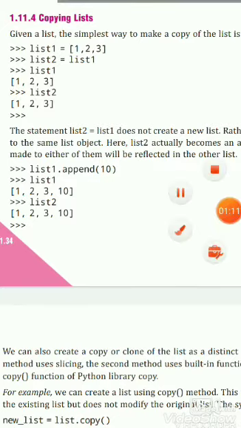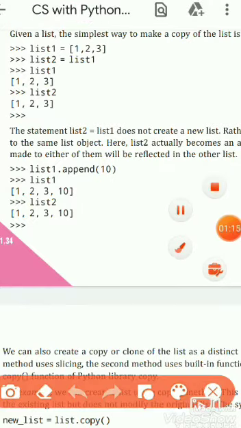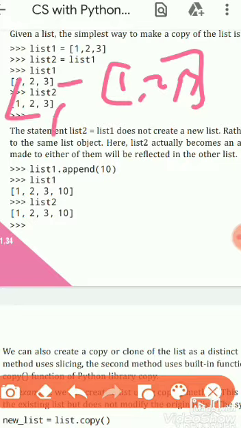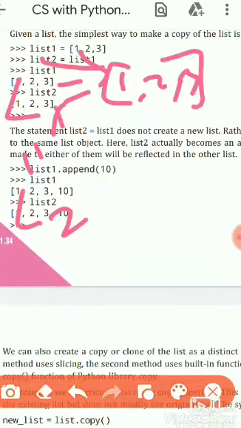We can understand it through an image. If this is list1 and this is list2, list1 is pointing to 1, 2, 3 because list1 equals 1, 2, 3, and list2 equals list1, so list2 also points to this.